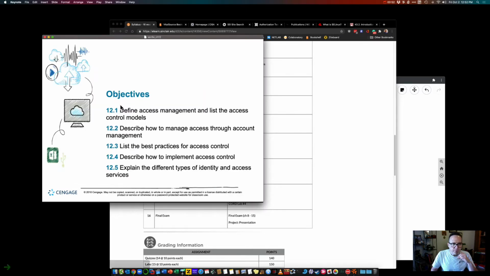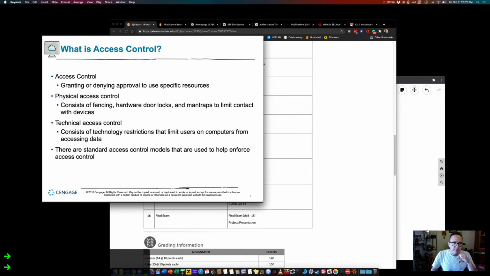So first off, what is access management? It's giving access for somebody. So you've already gone through the authentication part, whether it be multi-factor, password, name, whatever. You've proven who you say you are. Here's what you have access to. And it can be physical, but we're going to keep in the terms of computing. But yeah, I mean, it can also consist of locks, man traps, things like that,